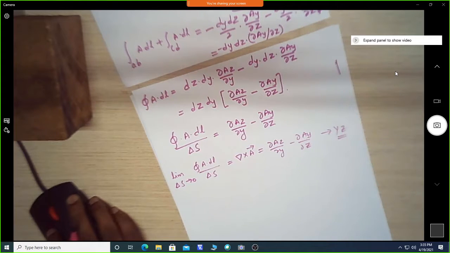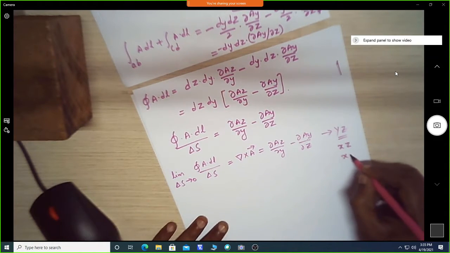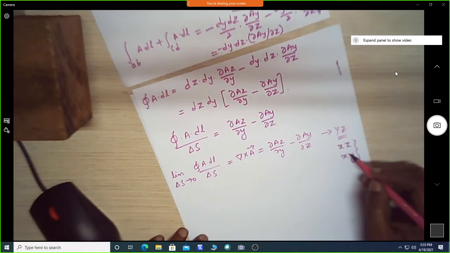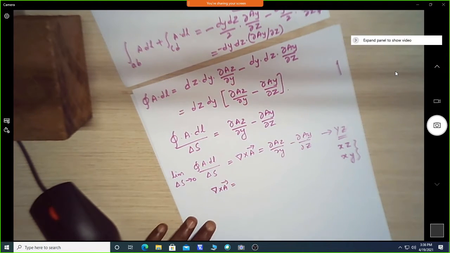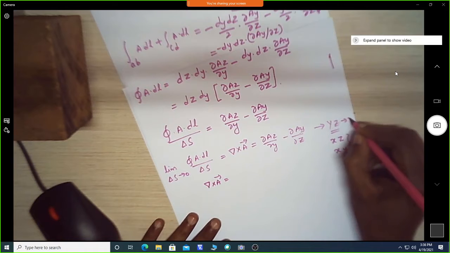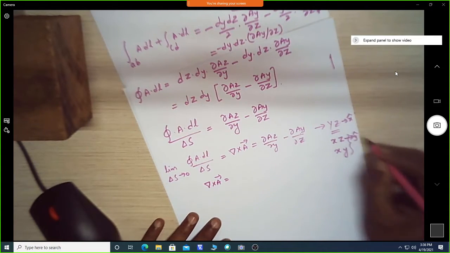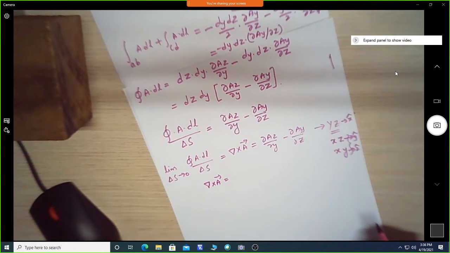Anybody can answer? How many unit vectors are there? How many planes are there? The other two planes are xz and xy, right? Similarly, if I take the planes xz and xy, then del cross A can be written as follows. For the plane normal to x, it is in the unit vector direction ax. If I take xz, it is in the unit vector direction ay, and if I take xy, it is in the direction az.